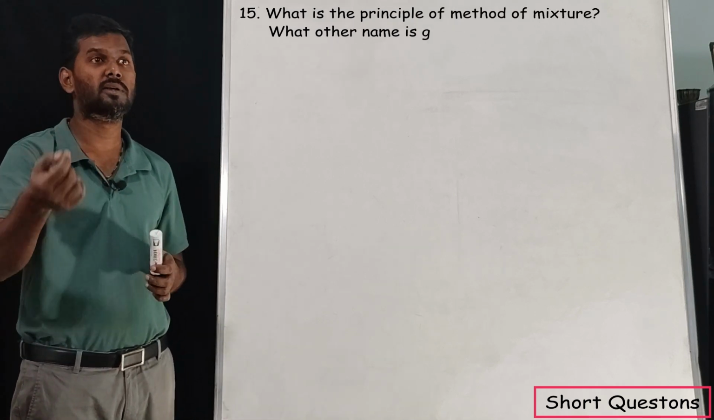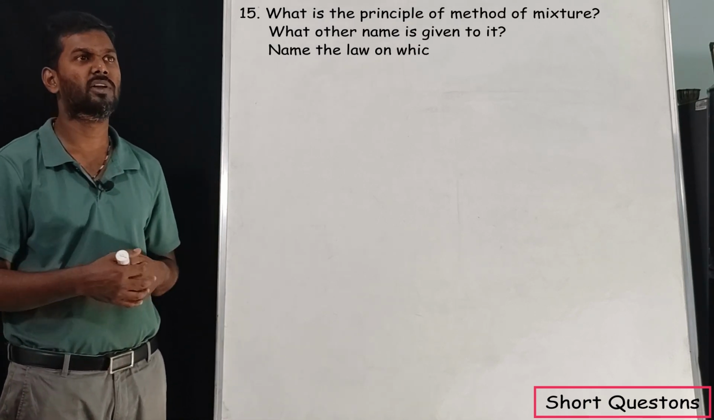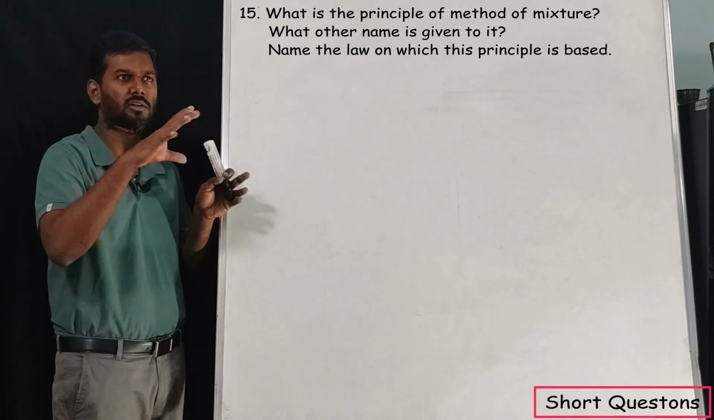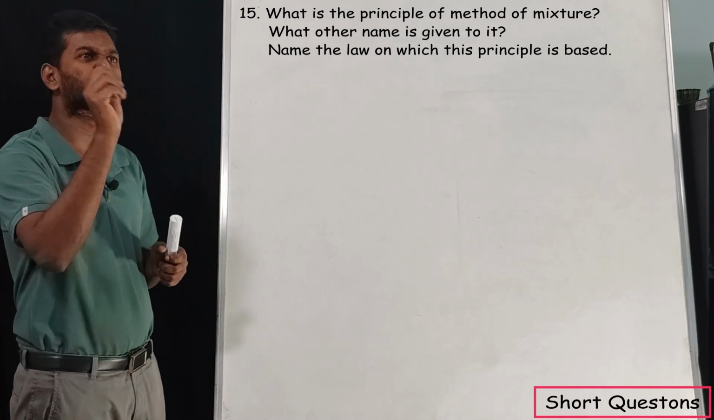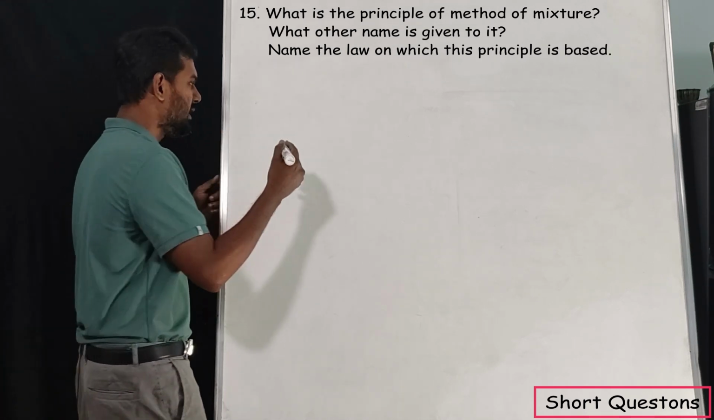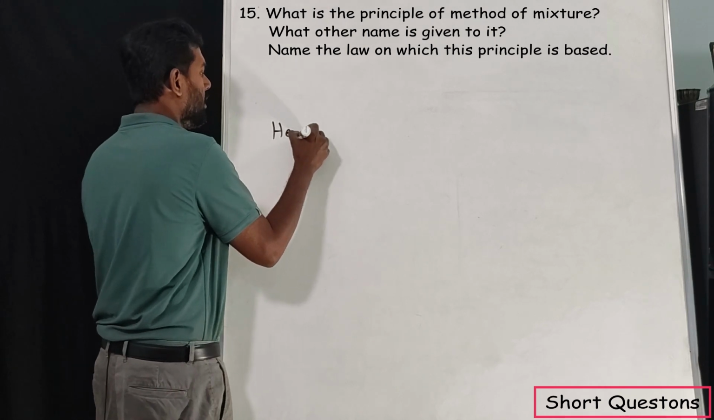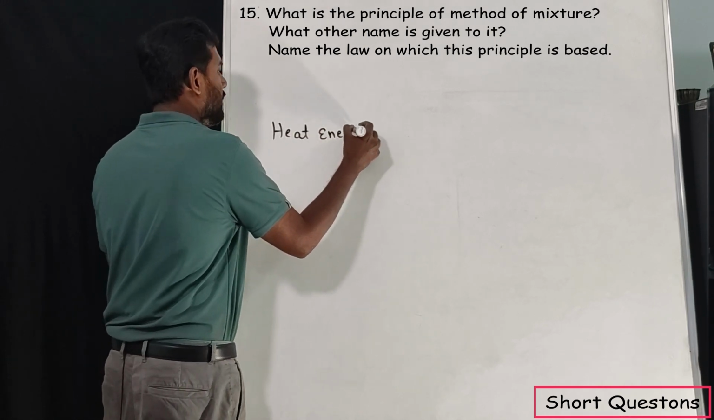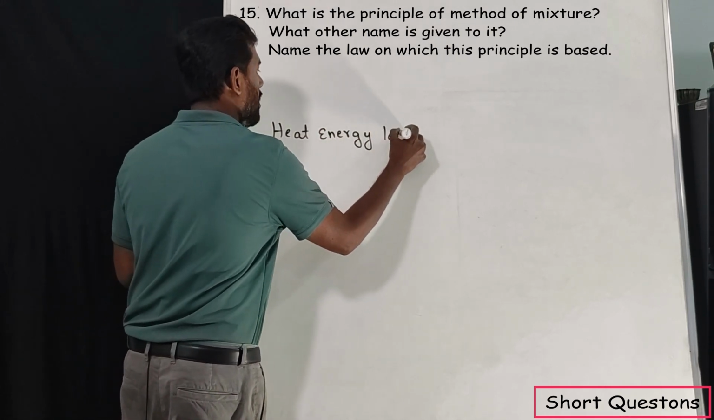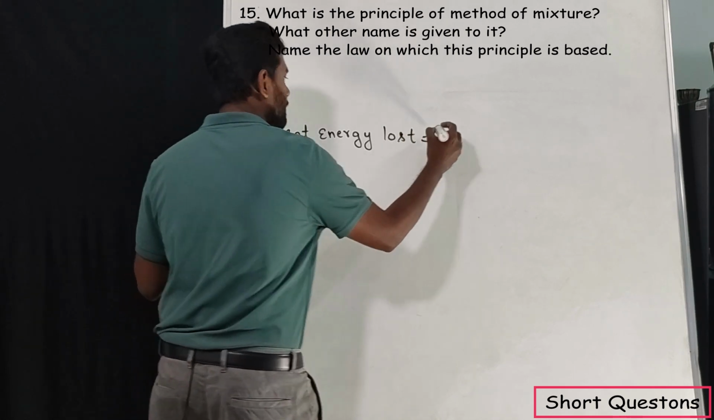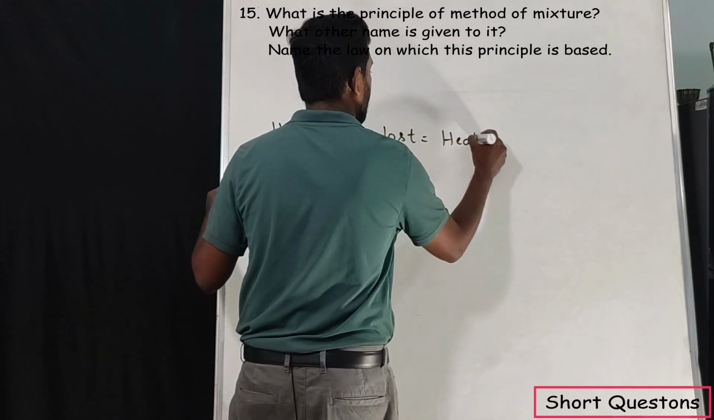What other name is given to it? Name the law on which the principle is based. Okay, all the three questions are very simple. Listen, what is the principle of method of mixture? That is nothing but heat energy lost is equal to heat